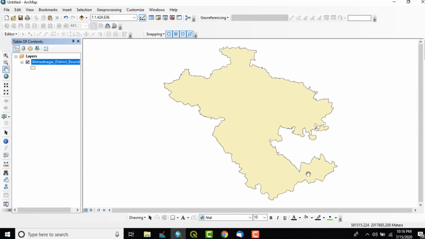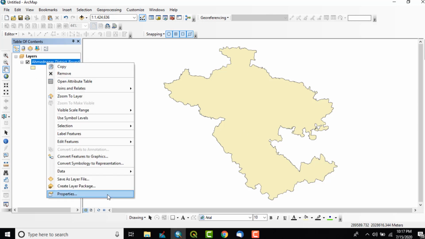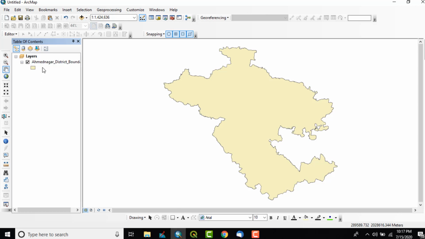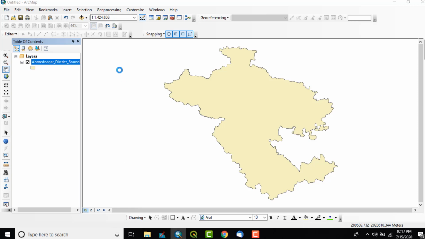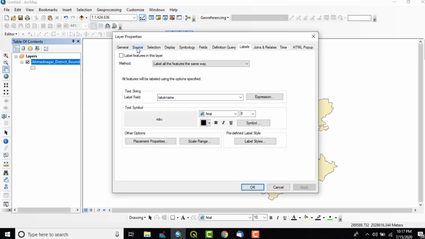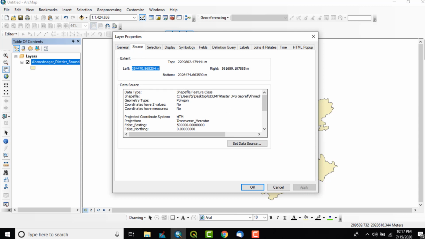You can see this shapefile has UTM projection. How have I checked it? Because it shows meters, which means it is a projected coordinate system. We can simply right click on our shapefile, go to properties and click on source. Here we can see this shapefile has UTM projection.